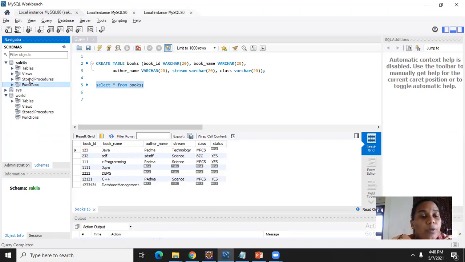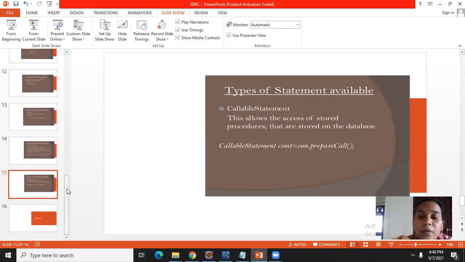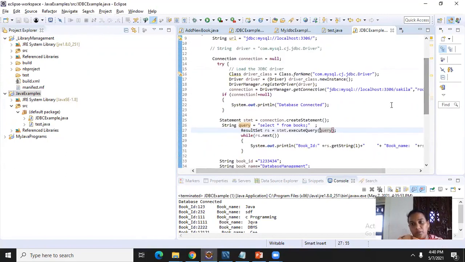These two can also be executed through programming. So to execute procedures and functions through a programming language, we will use this callable statement. For that, we will prepare the callable statement. We will write the complete function or procedure in the programming language and execute that function or procedure. That is an advanced topic.